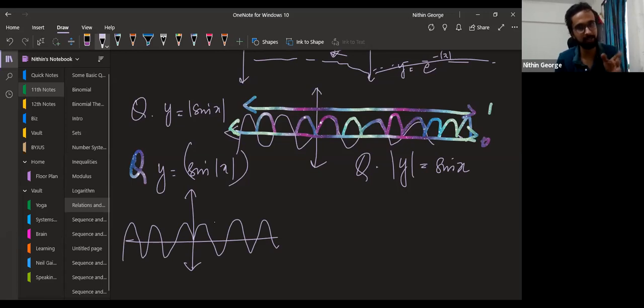So we can delete all, like sin x, we know how the graph is. It just goes like this. But then we can delete all of this. That's what this mod x does. But then, not only should we delete, we have to add something else there. What? Whatever is there on the positive side. So we copy that across neatly here. Understood why it's a mirror image? Okay, you have to understand why this works.